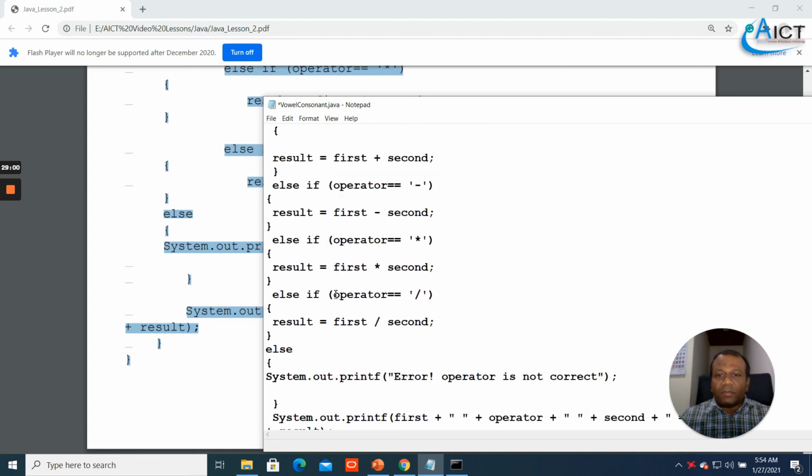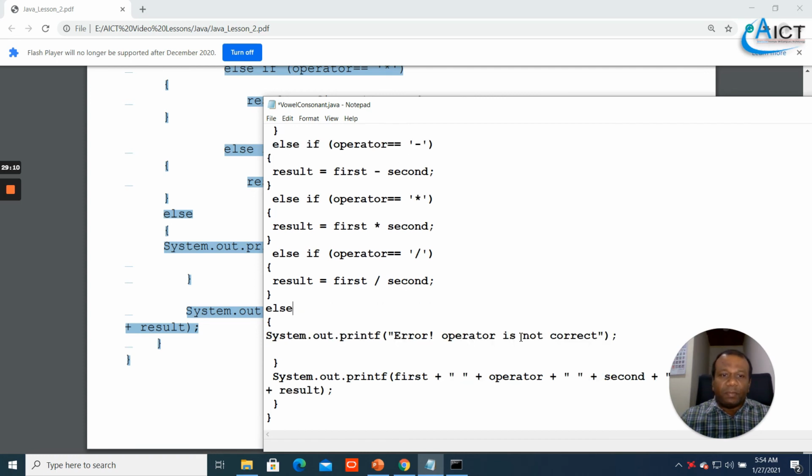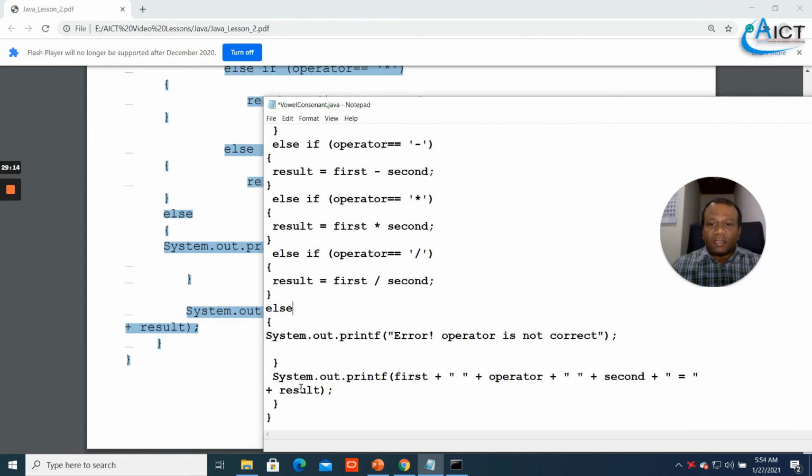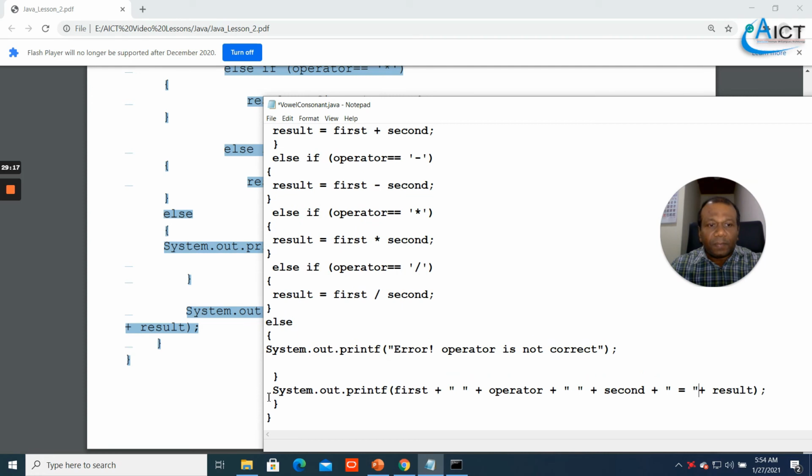If that one is not met, checking divide. Else, it means finally accepting addition, subtraction, or multiplication; if you enter any other, I say error, operator is not correct. After that, you are printing the result with System.out.println: first, a space, operator, a space, second, equals, and result.